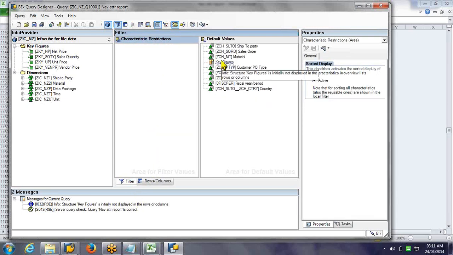Everything shows under the default values, all the fields. So for each of these fields, it is bringing the entire default value data from the master data as well as the transaction data. Clear? Yeah. Okay.